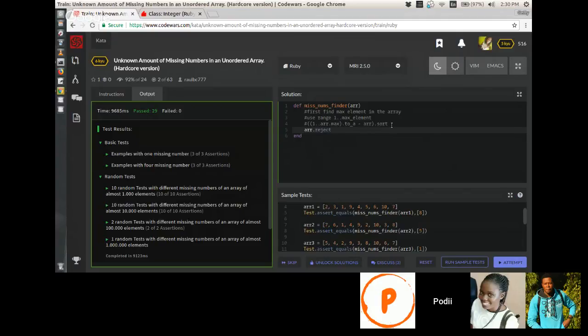So we reject. Now this will loop through this array. Okay, now let's start with the range. So we start with one variable, and reject.